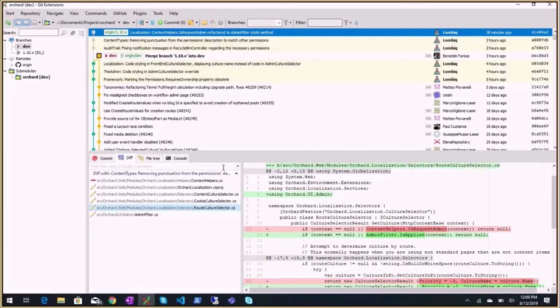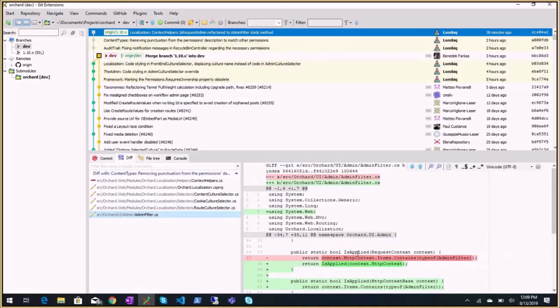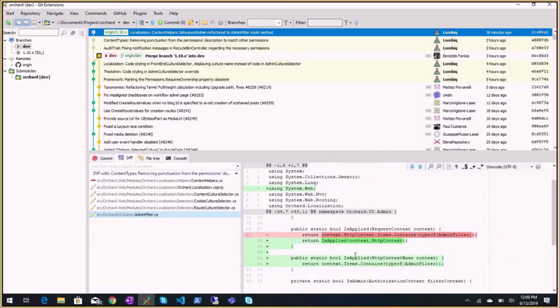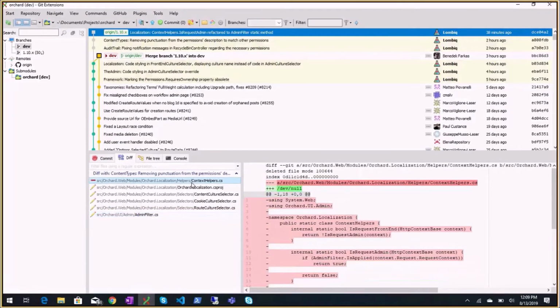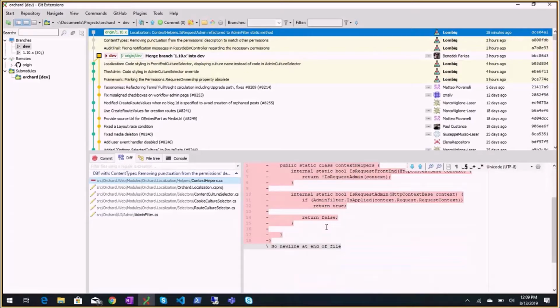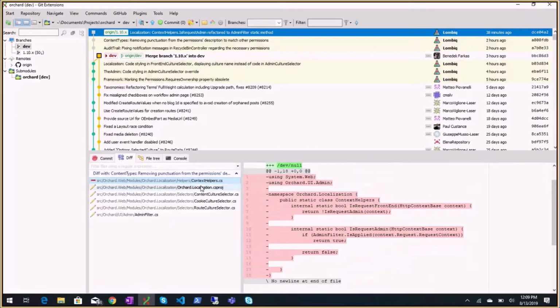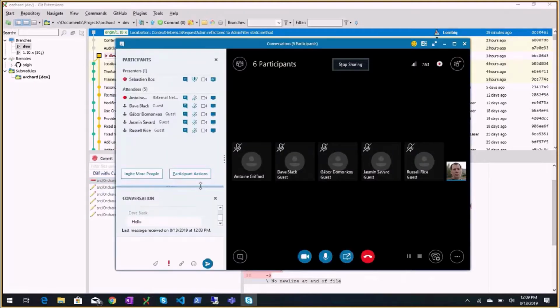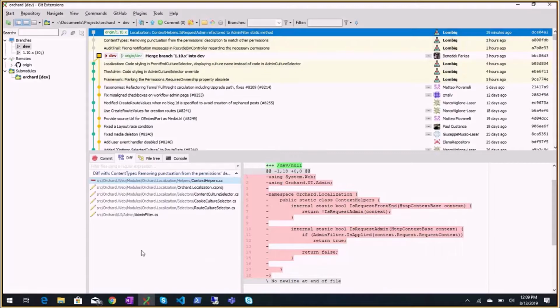Context helpers has been removed, which is not okay. It should be made deprecated. Here, this is not okay.